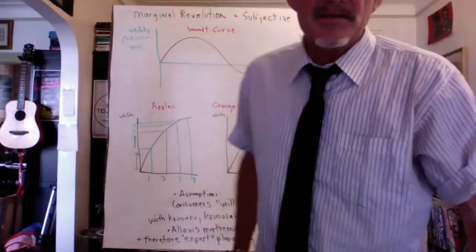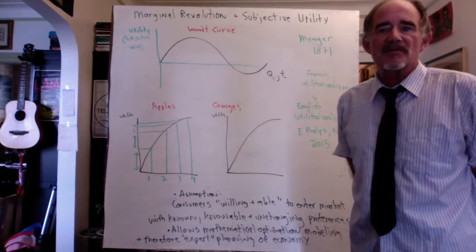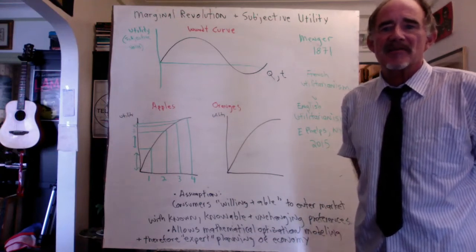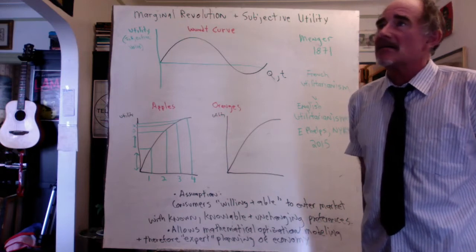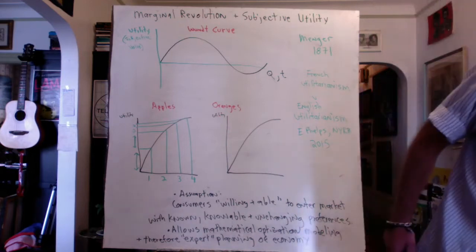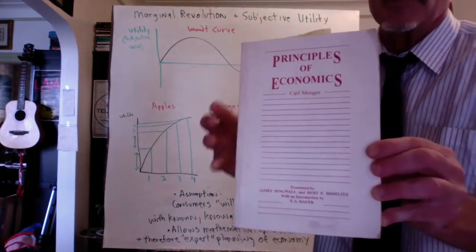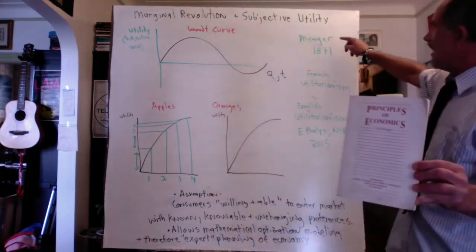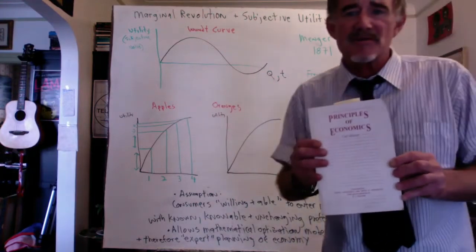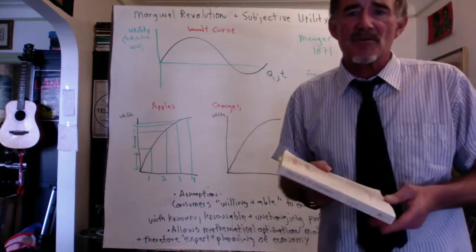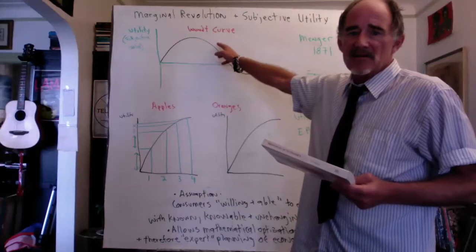Okay, in this teaching module, we're looking at the marginal revolution in economics and how that relates to subjective utility. The key work here is Carl Menger, Principles of Economics, 1871. 1871 to 73 was the marginal revolution in economics, concurrent with the advent of psychology, and this says